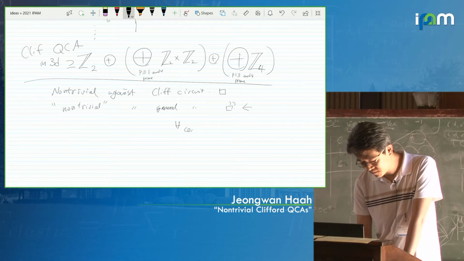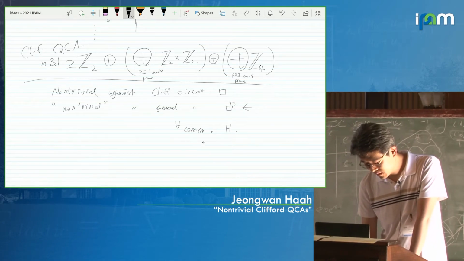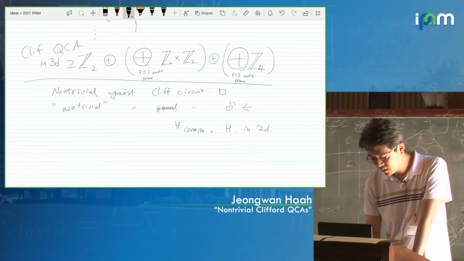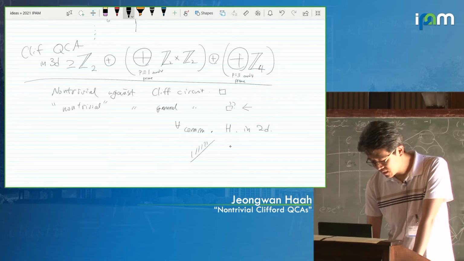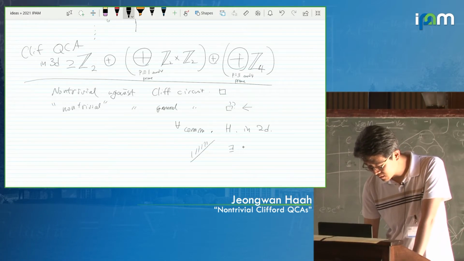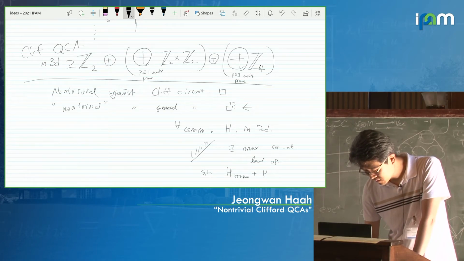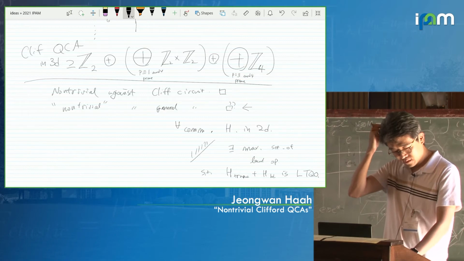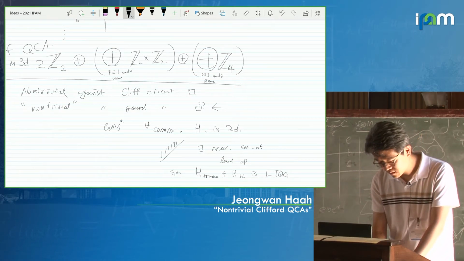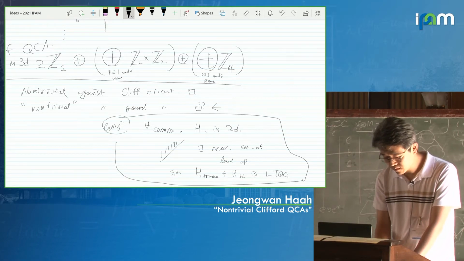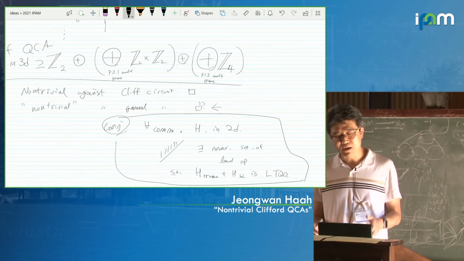For any commuting Hamiltonian, if you open up in two dimensions a spatial boundary, there is a maximal set of local operators such that